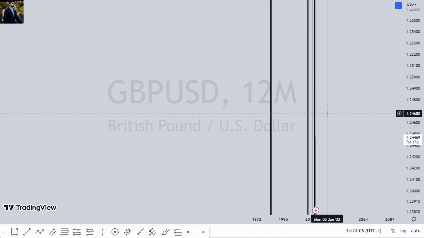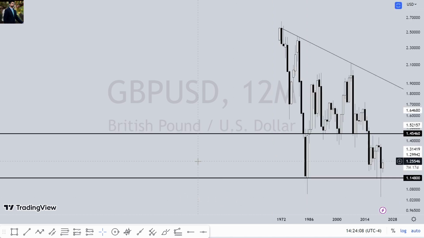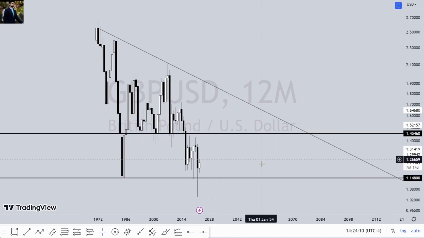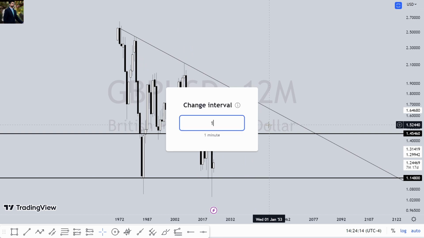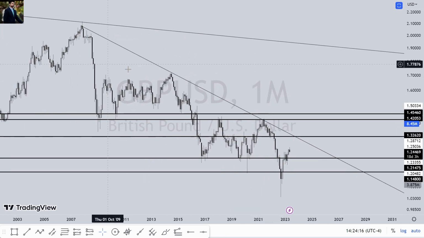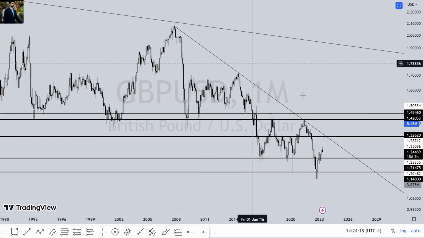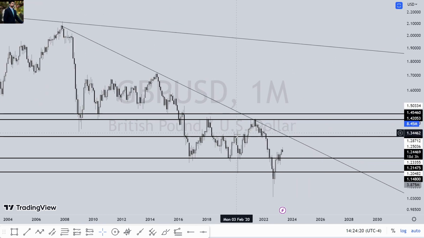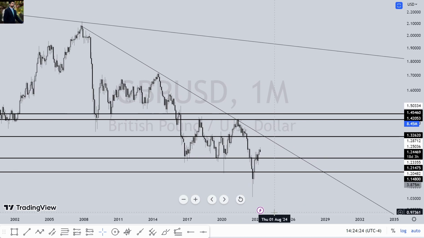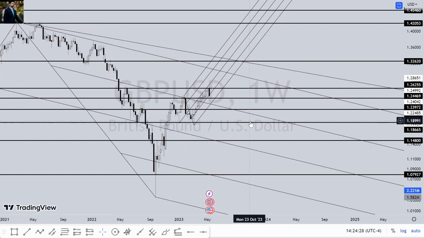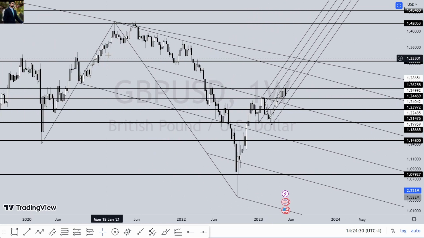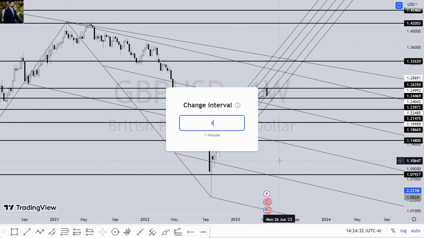Now let's move to the 12 month, beg your pardon. These are the horizontal levels. This is the yearly trend line, beg your pardon. So here you could see we have the monthly trend, and these are the monthly levels. This was the yearly. So let's move to the weekly. You could see I made a mess of that. This is the weekly pitchfork, and with the daily,